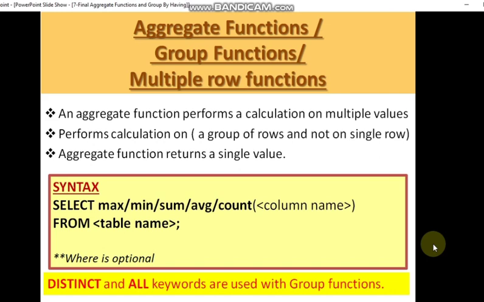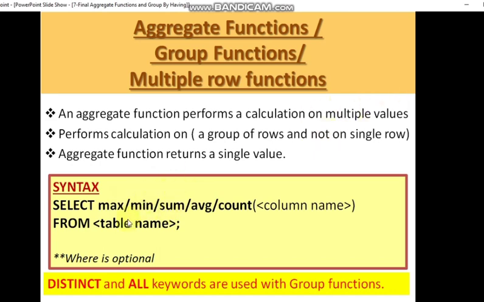As you know, an aggregate function performs a calculation on a group of rows and not a single row, and it returns a single value. Now the syntax is select max, and in parenthesis you mention the column name, or you can write min and in parenthesis the column name.